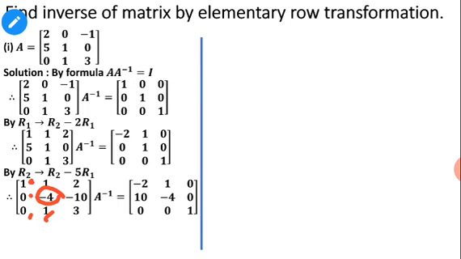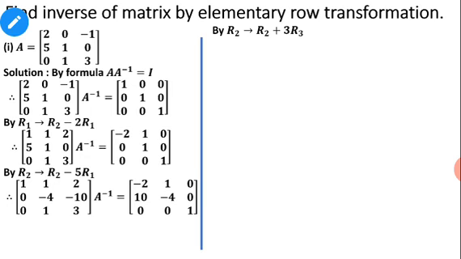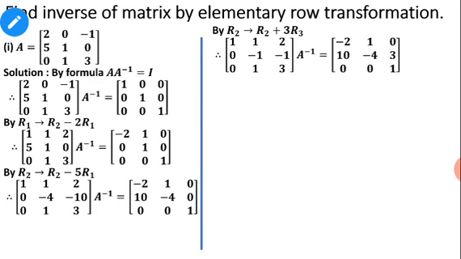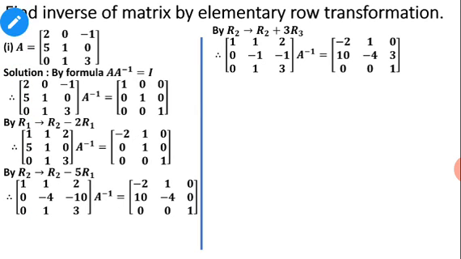Okay, I am taking the help of this one to make this minus 4 as a 1, and what I am doing, I am multiplying by 3 here and adding with this, so that will become minus 1. So that's why my next operation is R2 goes to R2 plus 3R3. And what will happen with that, if I am doing this operation, then if you see, while doing this operation only R2 is again changing here, R1 and R3 are as it is.